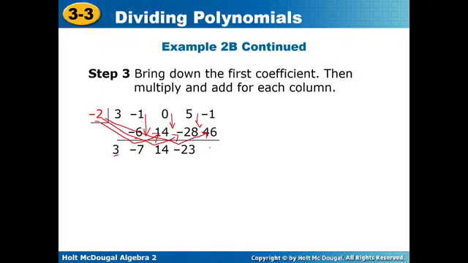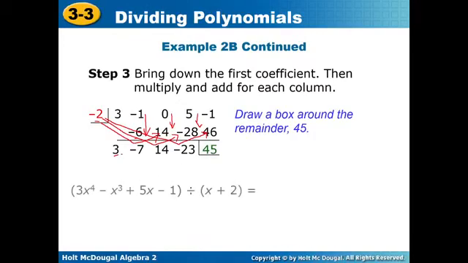And negative 1, you're going to be getting 45 as your remainder. So to write down your answer, take note, the smallest exponent is x raised to 0. So take note, this is now x cubed, this is x squared, this is x, and this is the constant term. So our answer is